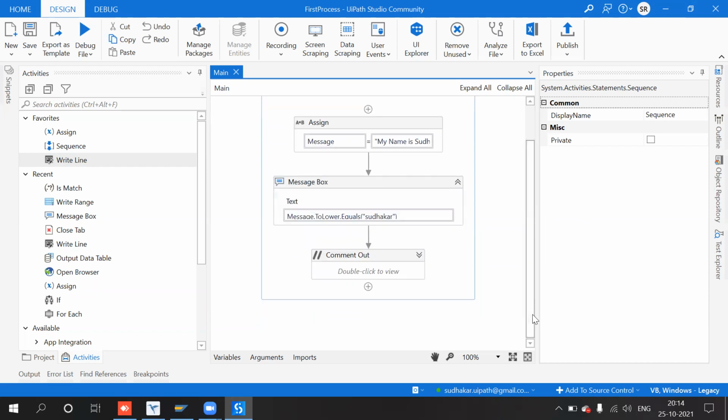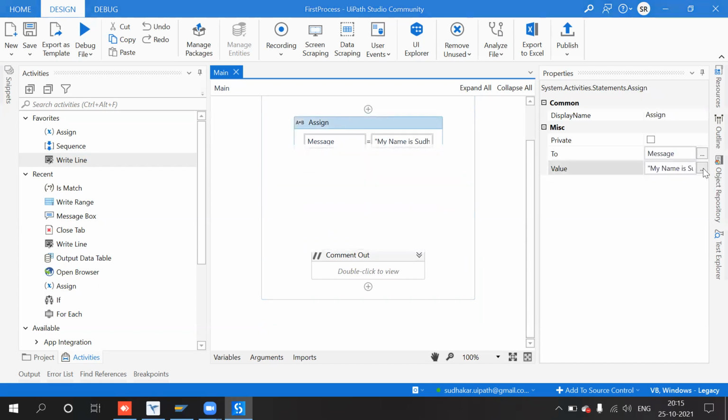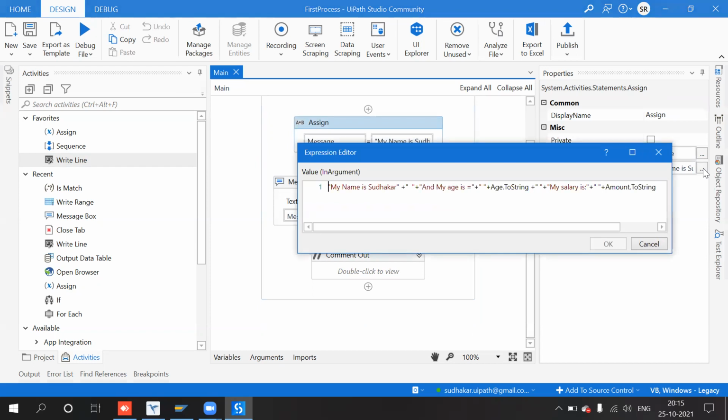And we have seen different functions like the concatenation function, plus. When I use plus, it is nothing but concatenating two string values.